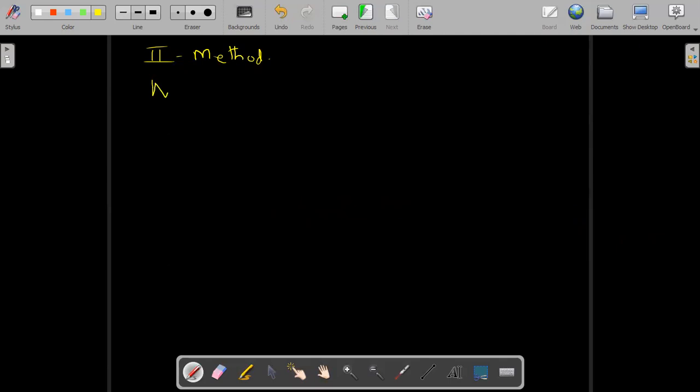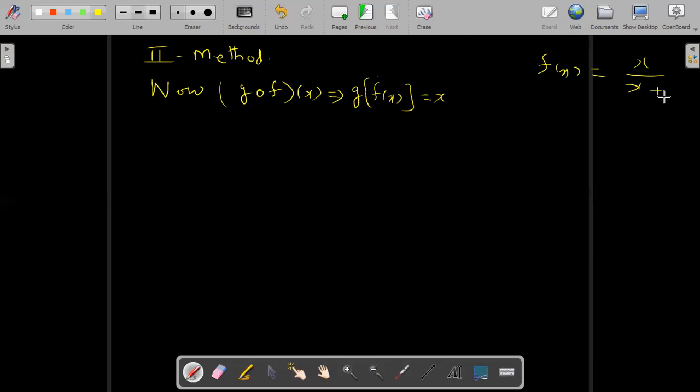So now we will take first whether it is g of f x. Find this. So this will be equal to g of g of fx. g of fx is equal to x, and the definition is here: fx is equal to x upon x plus 1. So g of fx will be equal to,